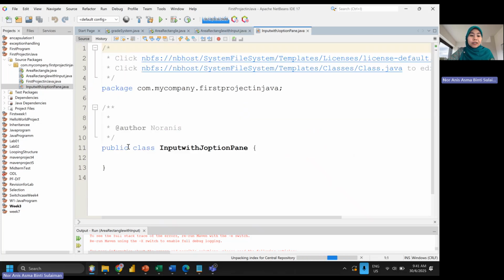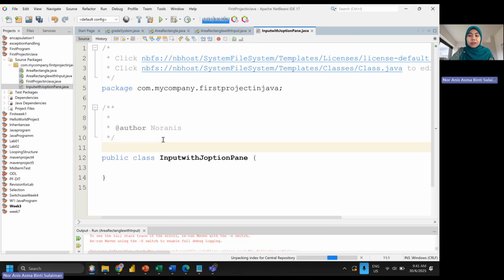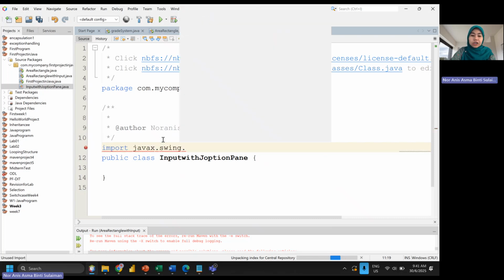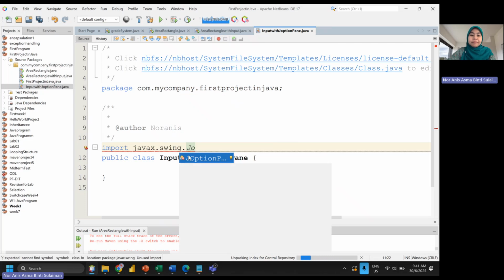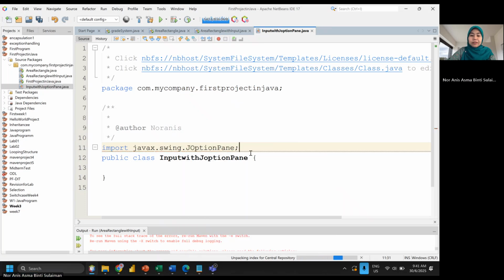Next, before we write all the code, we need to import javax.swing.JOptionPane.